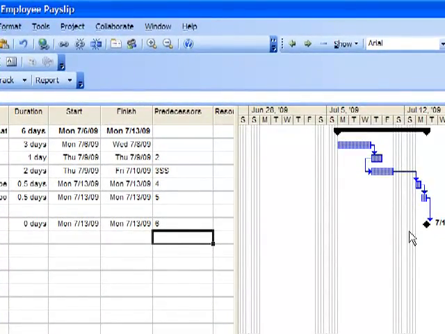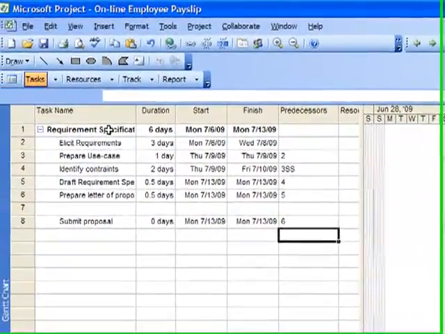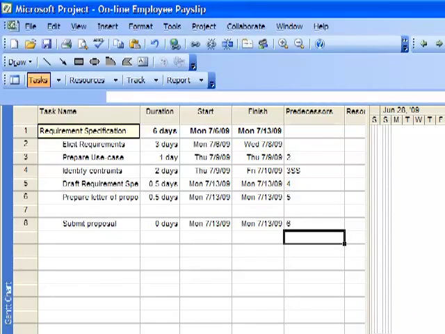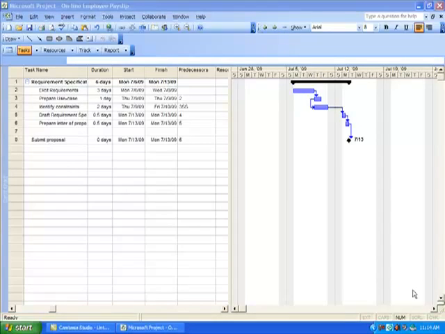But submit proposal should not be part of requirement specification. We simply click the outdent button to do this. We are now entering our system design stage. Activities under this stage include